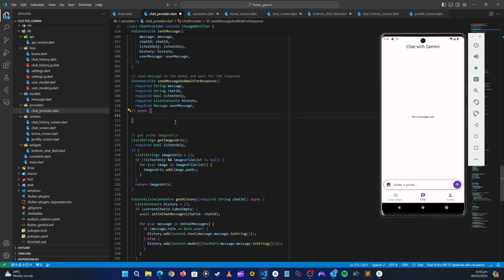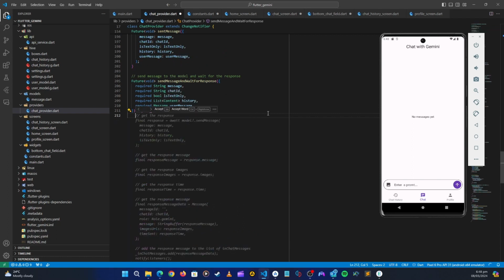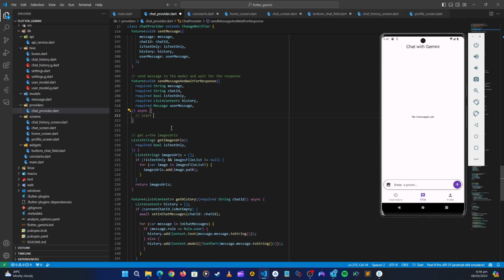Okay, great. So here, first of all, let's start the chat session. We are going to start this chat session, and then let's see, only send history if it's text only. Because we don't want to add history if it's an image message. It doesn't take history. The image message just takes the image that you have given it, and then it will answer you. If it's a text message, it can go with the history of the message and then